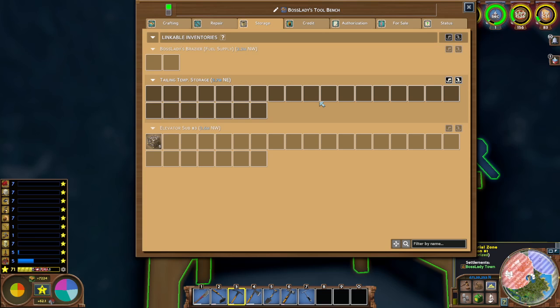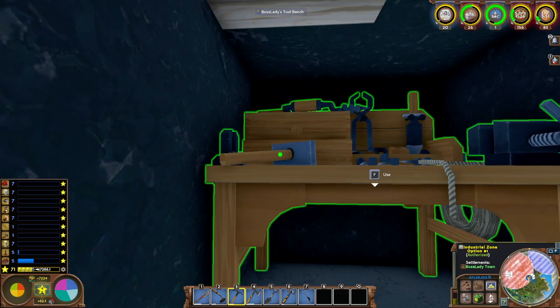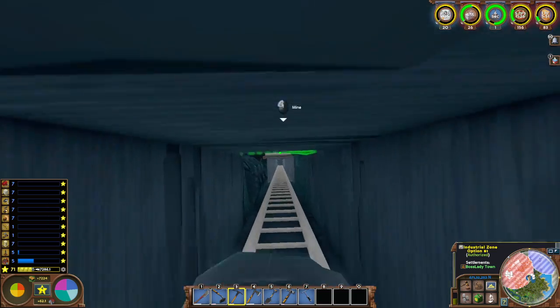of the world. So as you can see, we had our big stockpile, then we had our small stockpile, and then here we are with our tool bench. This is just bridging up to down. And again, this is why I like to name things. We've got elevator sub number 3, tailings temp. So tailings temp is above us, elevator sub 3 is below us. We go down,